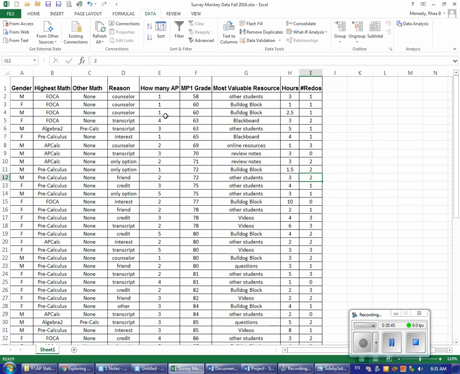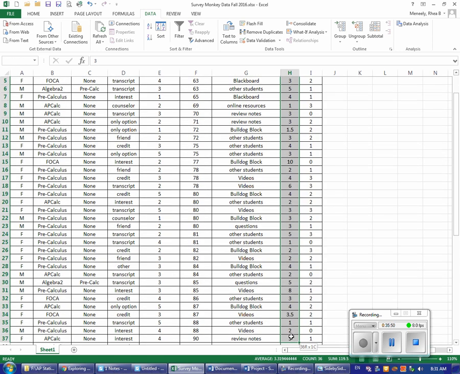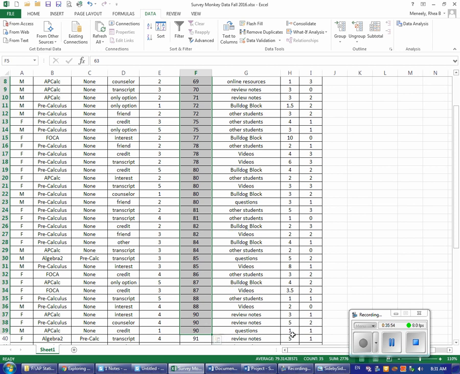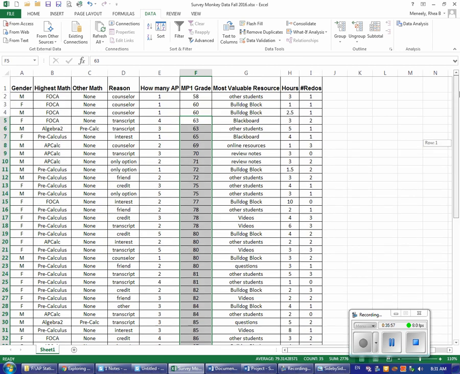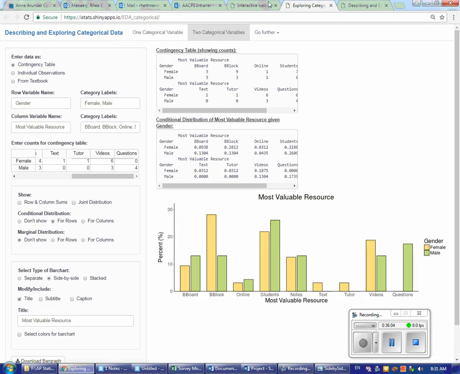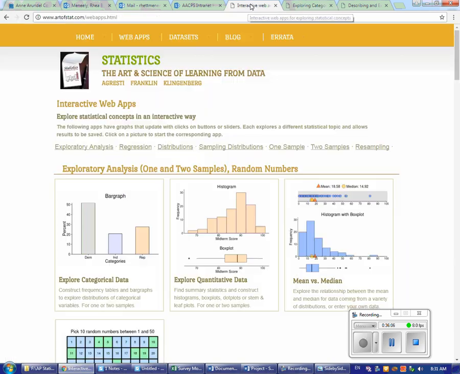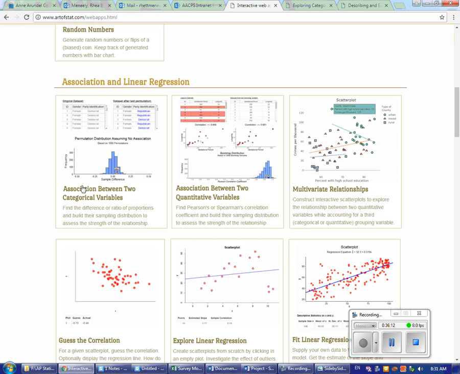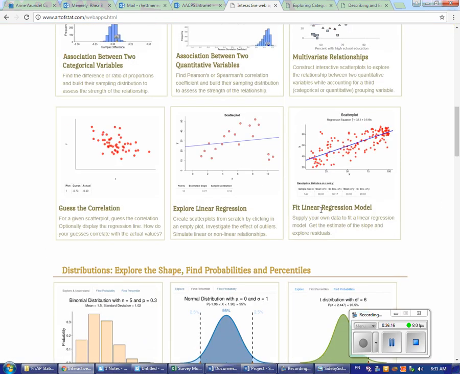Okay, and so my hypothesis would be that the number of hours studying would be connected to the marking period grade, and I would expect there to be a positive relationship there. I would expect my number of hours studying to be the explanatory variable and the marking period grade to be the response. So if I go to my website, again, I'm going to go back to that home screen, which is that interactive web tab. And if I scroll down, association and linear regression, you'll see that there are 6 different web apps. The one that we want to choose is the one that says Fit Linear Regression Model. So if I click on that,